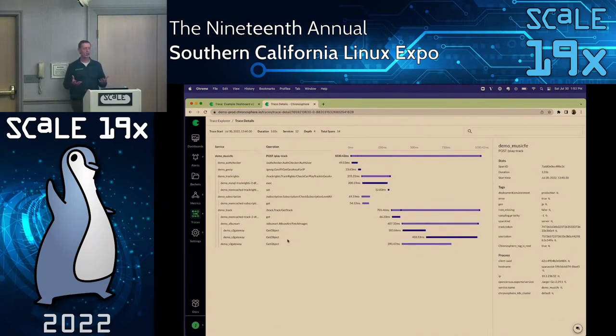So now, instead of just having a single trace based on an exemplar, I've been able to start with the same idea of linking that data from my metrics into my traces and use the aggregation of the data in and around that time with as much sampling as I can to narrow down to what I have a high confidence in. I'm now looking at a trace that has a relevant amount of information to the problem that I'm trying to solve. And I can see the critical path in here, and I can see a bunch of things,